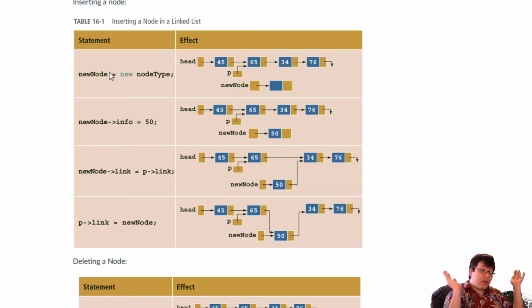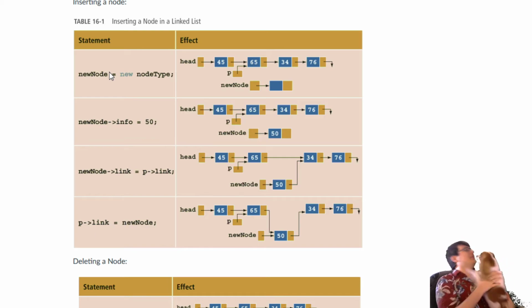Yes, you allocated a new node, but who knows where it is in memory? You will never be able to access it again. It is gone. I mean, it's there, but it might as well be gone essentially. Okay, and so okay,